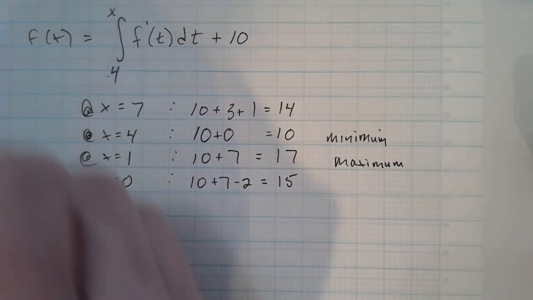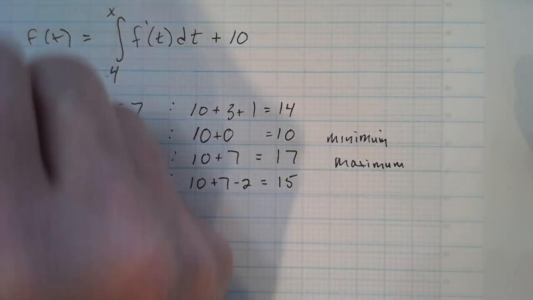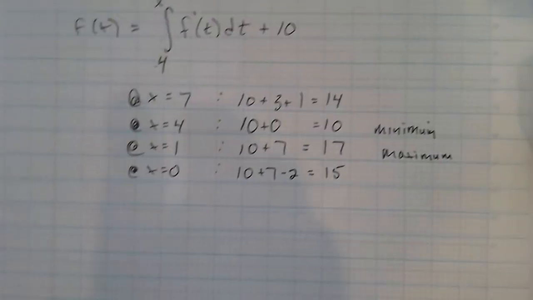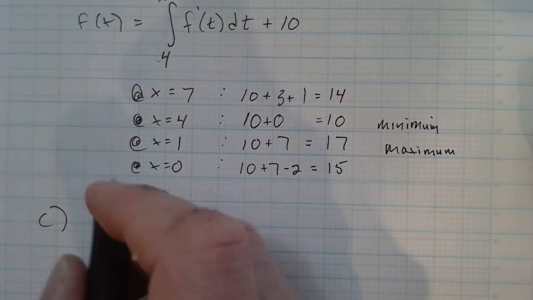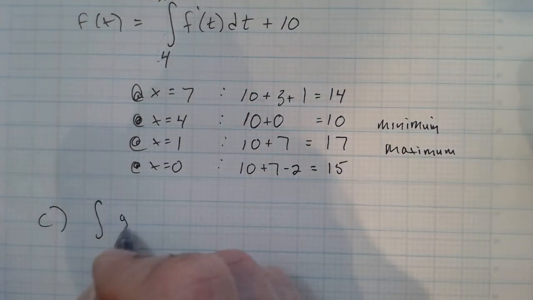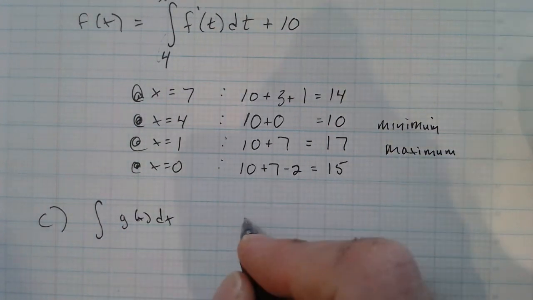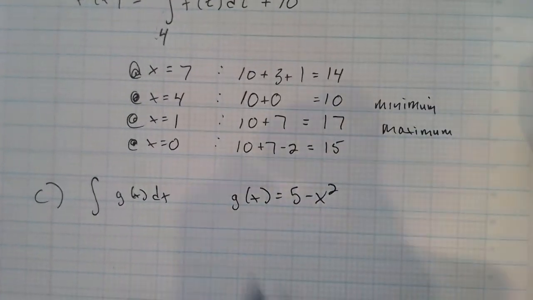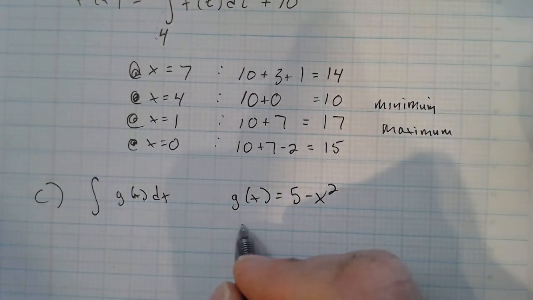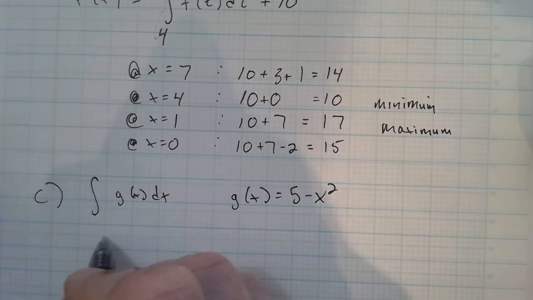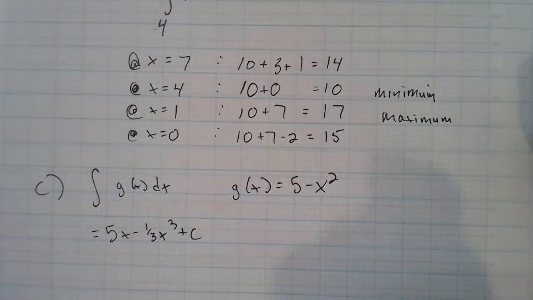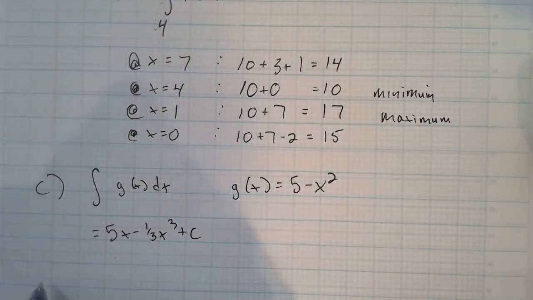C is pretty straightforward. That's B. C is just the integral of g of x dx, where g of x is 5 minus x squared, so the antiderivative would be 5x minus 1/3 x cubed plus C. I think we could do that. And then part D,